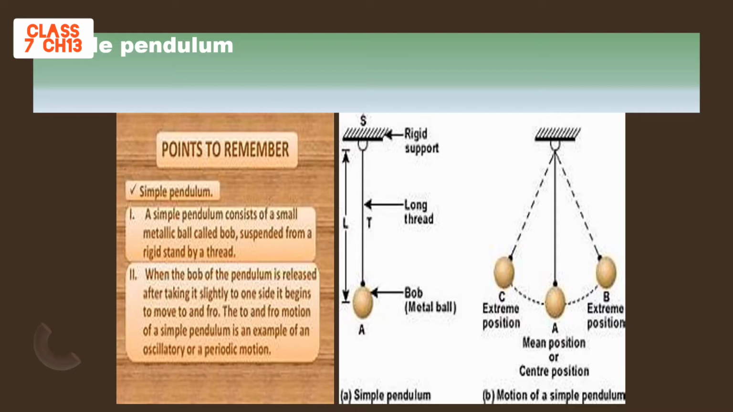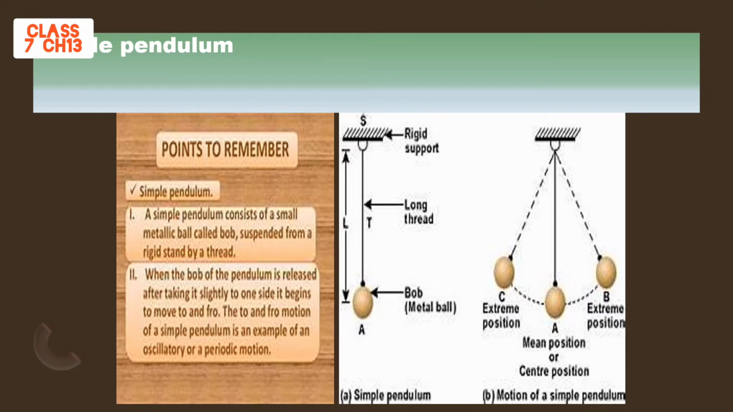of a thread. Now here this is the rigid support which is being given, and this is the long thread, and this A is the metallic bob which is suspended to the rigid support by means of a thread. Now, when the bob of the pendulum is released after taking it slightly to one side, then this bob starts moving to and fro. This to and fro movement of a simple pendulum is an example of oscillatory or a